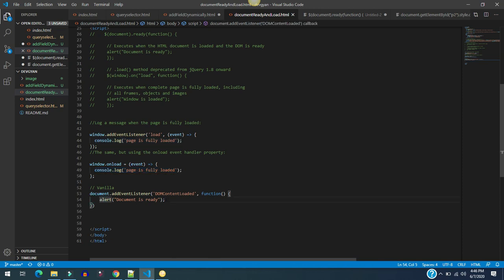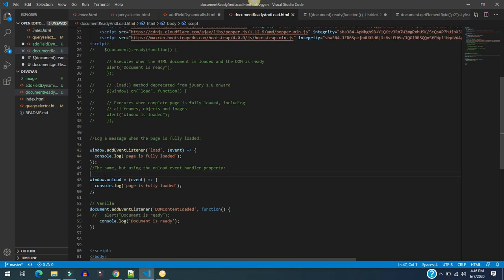So instead of writing alert, we can use document.ready here. I'm just copy and pasting here, and commenting it. Basically what will happen is that the code will be executed line by line. As you can see, window.addEventListener load will execute its code, and then this one, and then third this one. So let's check the console to see which console is firing first.